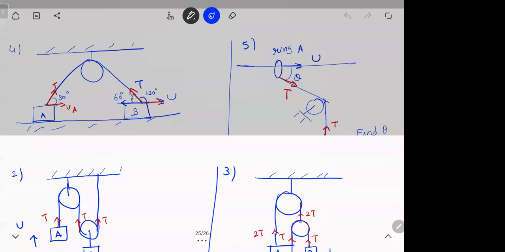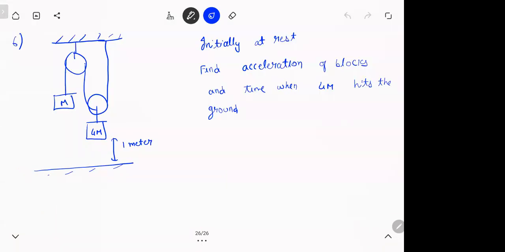You know how to draw the FBD and how the constraint works, you did it just now. Second question: you can use the constraint even for acceleration also. If velocity is double, then acceleration also will be double, right? When you differentiate, you get the same stuff. So constraints can be used even for acceleration also. Try. I'll give you 2 to 3 minutes. You think about it, then I'll show you. Whatever you think, you solve. Let's see.